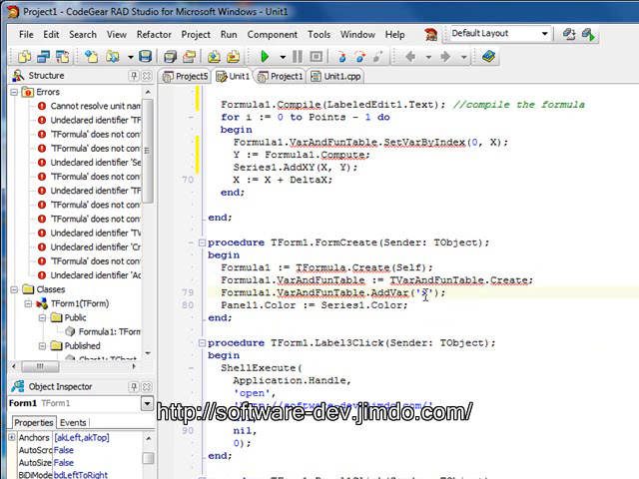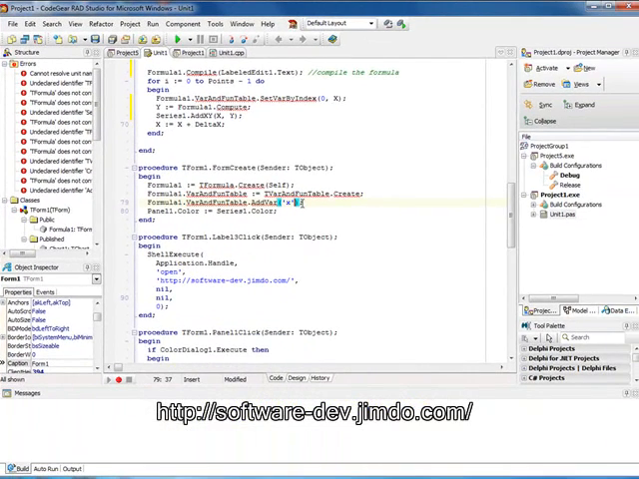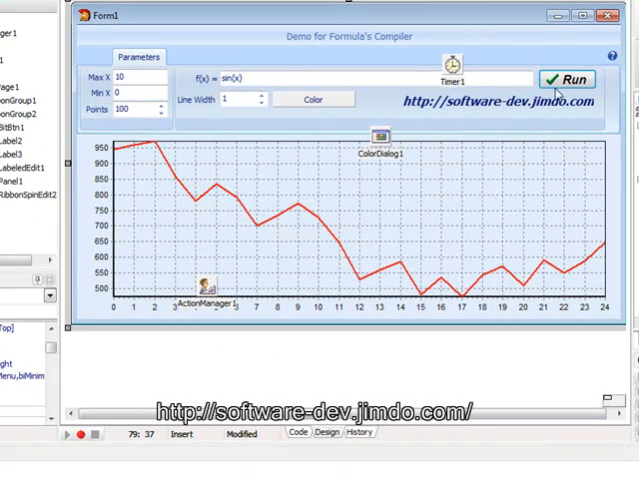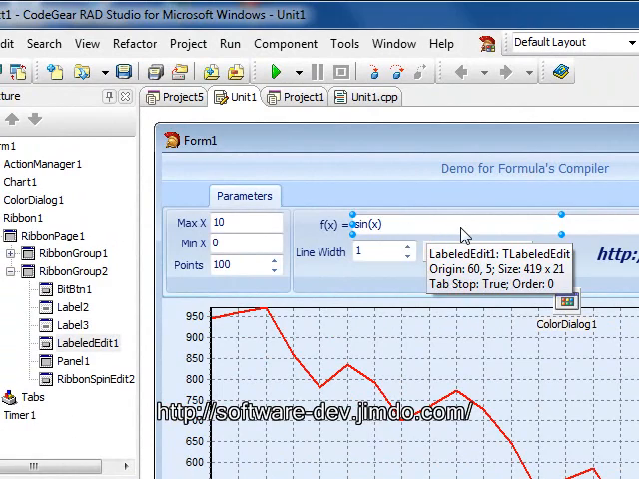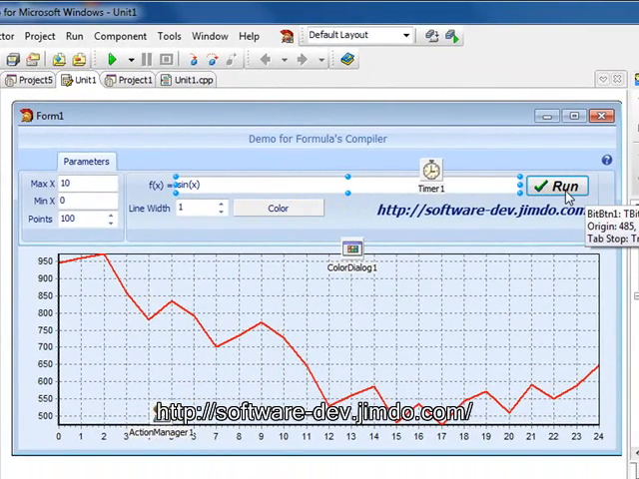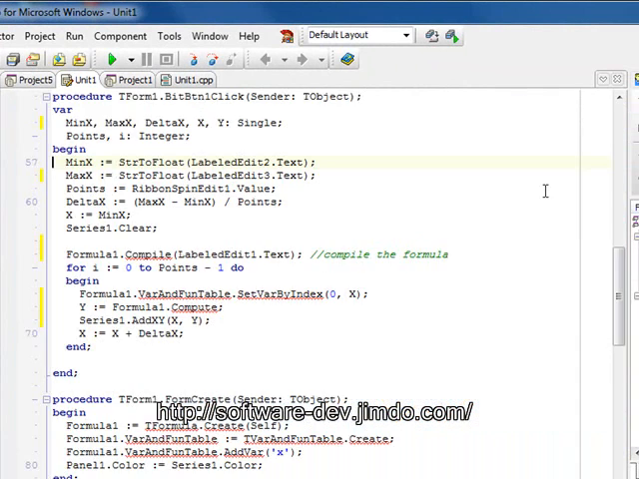Now we have to declare a new variable in this table. We call it x, and it holds the index 0 because it's the first variable in our table. And then how we use it: here we have, for example, this labeled edit. We have to edit our formula, and when we click on the button Run,